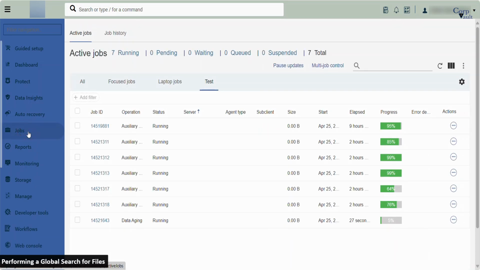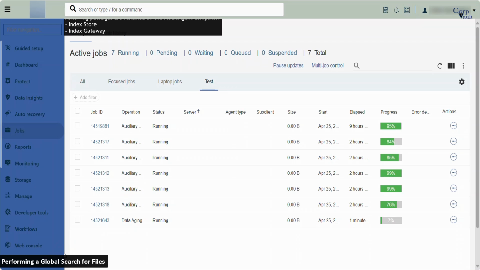Performing a global search for files. You can use the global search bar to find backed up files across all servers and virtual machines in the command center. For the search to work, you need to have Index Store and Index Gateway packages installed on the server. When you perform a search, you can go directly to the virtual machine, or the server that contains the file that you want to access. You can also view all the files that contain the search keyword,